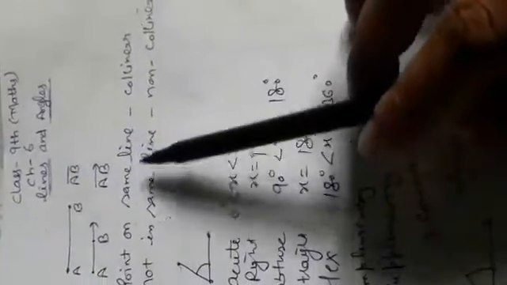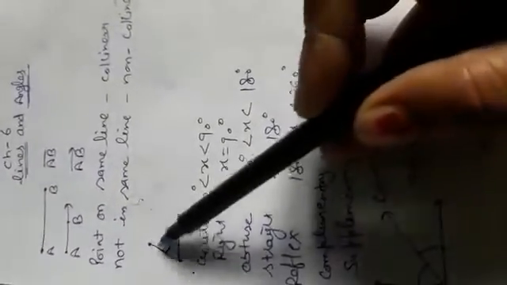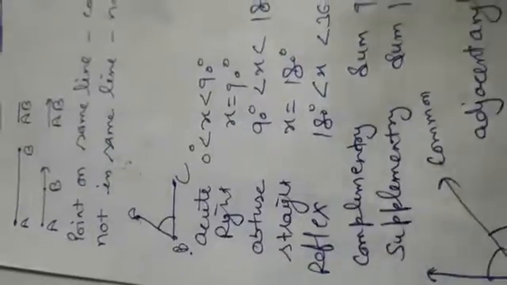After that, collinear and non-collinear points. The points which lie on the same line are known as collinear points, and the points which are not on the same line are non-collinear. It means that the point may be anywhere like this. Okay, this may be point A, point B, and point C. So when these points are not on any line, they make an angle, or when we join all the three sides, it may be a triangle. So this is the angle with arms AB and AC.